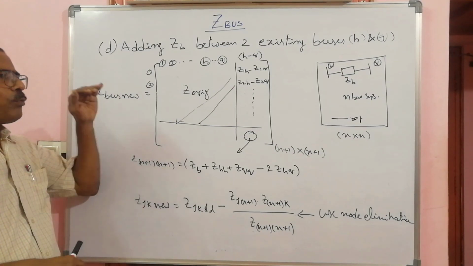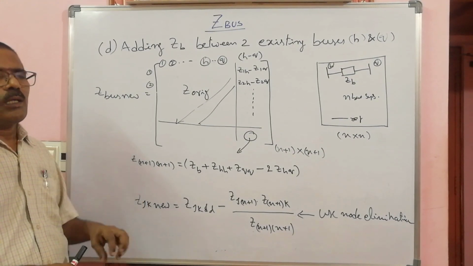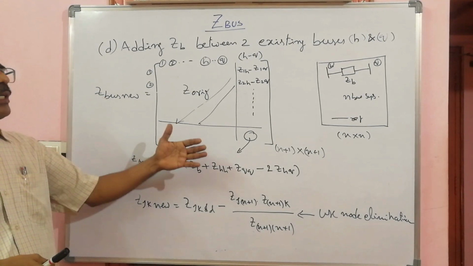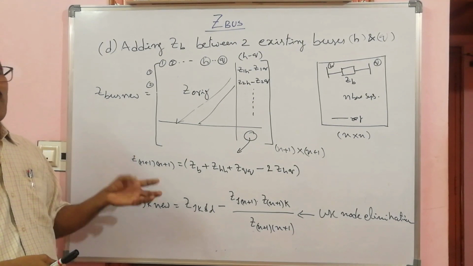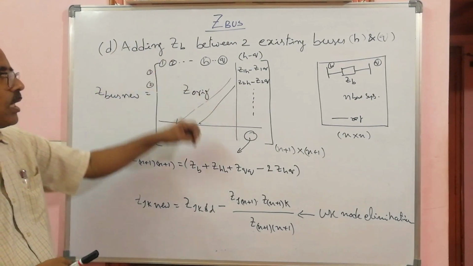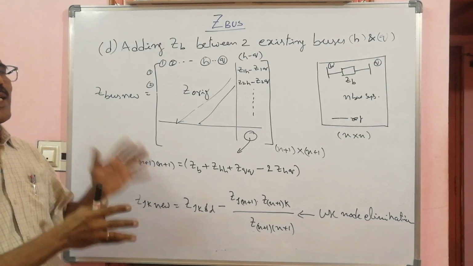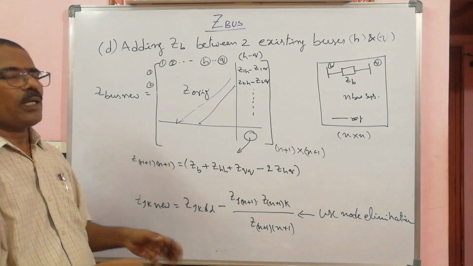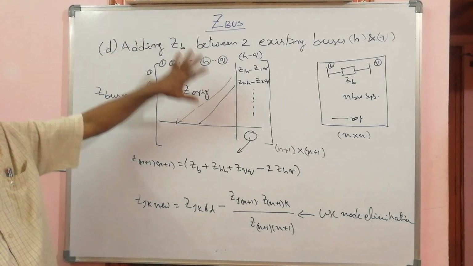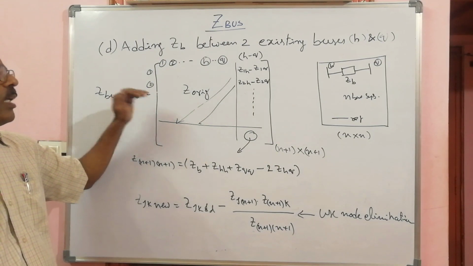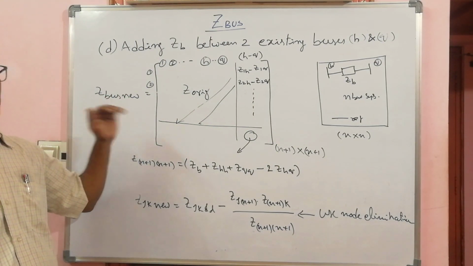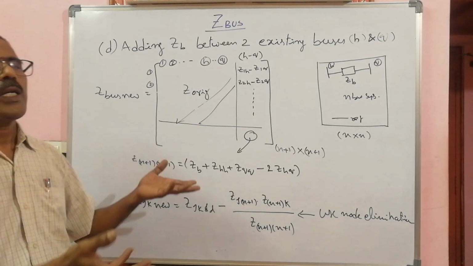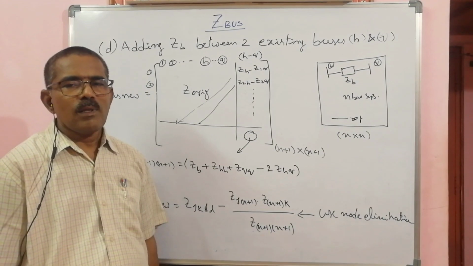Okay. So these four procedures you need to keep in mind, and you should be able to identify which case the adding of that Zb belongs to, and apply that procedure whatever is given. If it is case A, what is to be done? If it is case B, how to modify? Case C, case D. So accordingly you modify each time and form Z bus. So finally when you add up all these things using the four combinations, you get the complete Z bus modified. Okay.